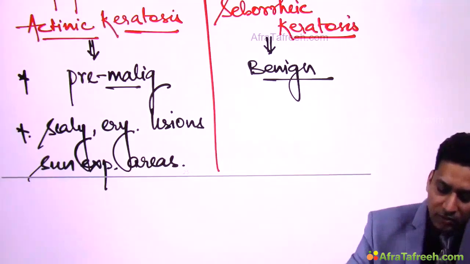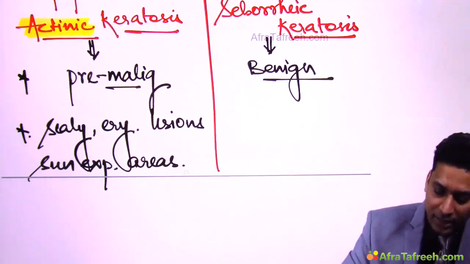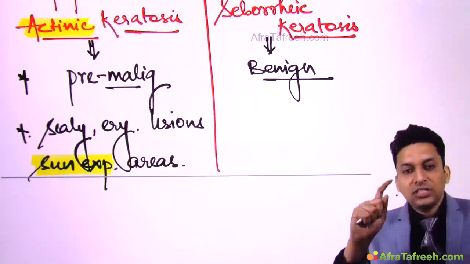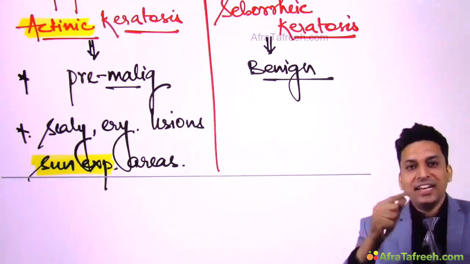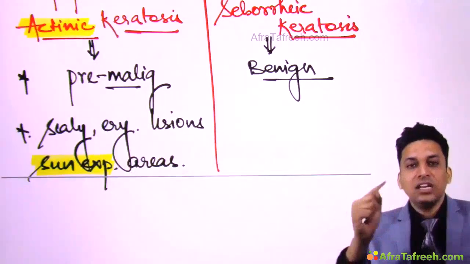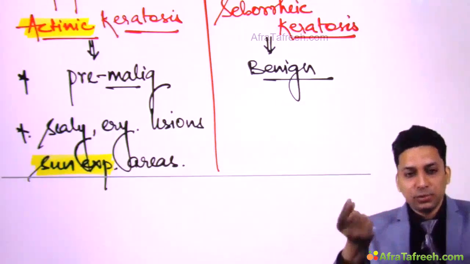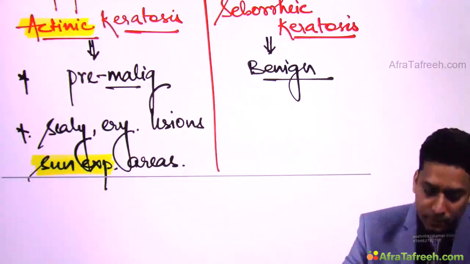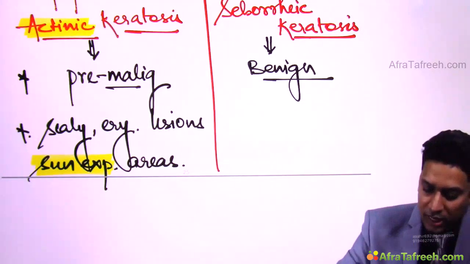Do you know the meaning of this term actinic? Actinic term is used when the lesions are present over sun-exposed sites, like actinic LP occur over sun-exposed sites. Similarly, actinic keratosis also occurs over sun-exposed sites. So scaly erythematous lesions over sun-exposed areas, while seborrheic keratosis,